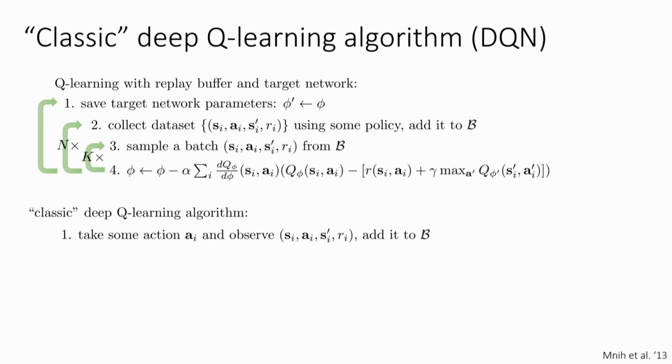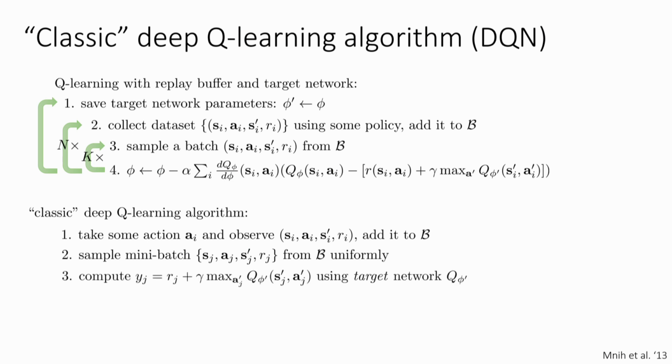So you take some action and observe a transition, just like in online Q-learning, but you don't actually use that transition for training. You just put it in your buffer. Then you sample a mini batch of some other transitions from your buffer. So even though you just collected this transition here, that's not what you're going to be using to train. You're going to be sampling something else. You might get lucky and randomly sample the one you just got, but usually not. Usually you'd sample some older stuff.